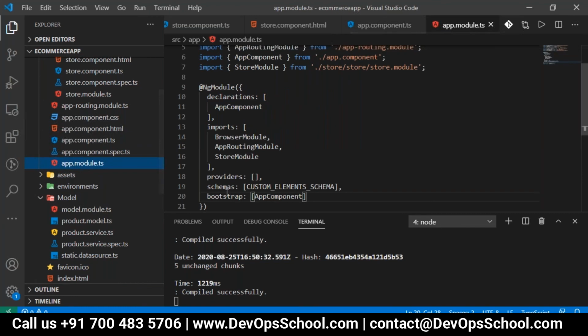So is it completed? In the app module, you have to add here the app component, and store module should be imported here. Did it compile successfully? Yeah. Okay.